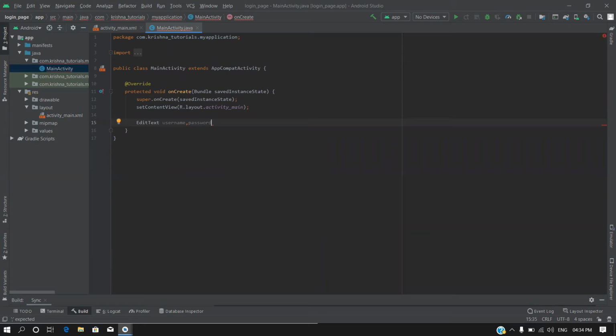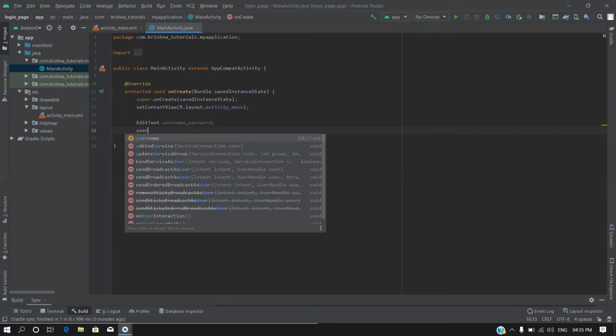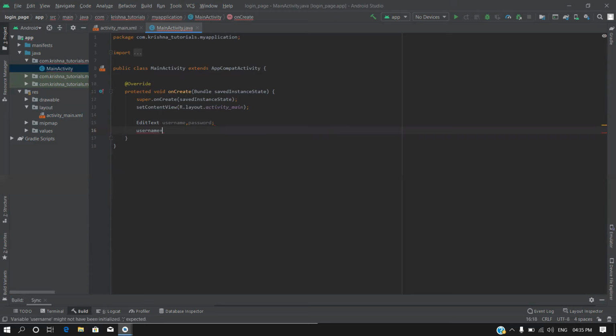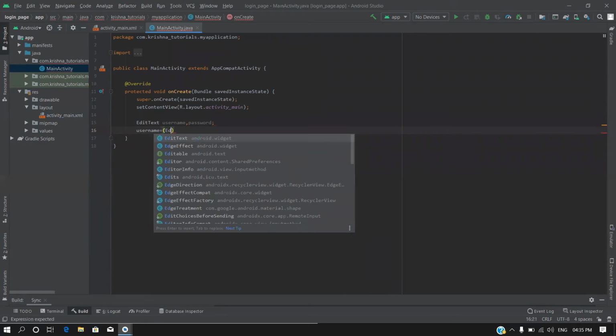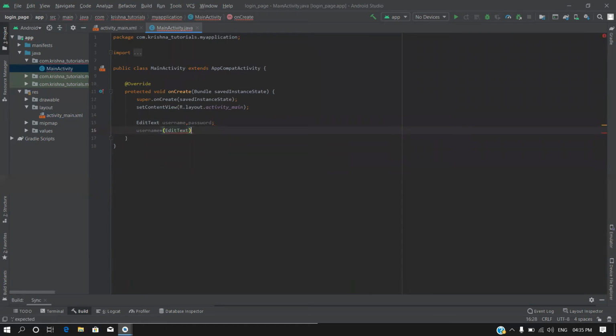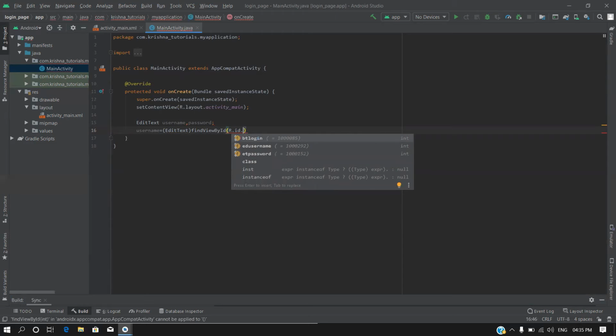Okay, so I'm going to map that username from the UI by using find view by ID dot edit text username.